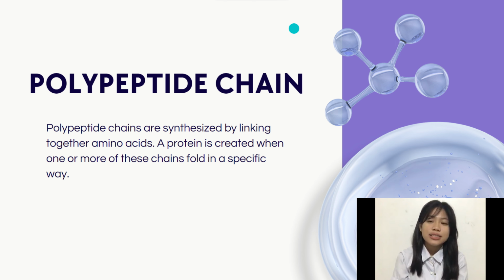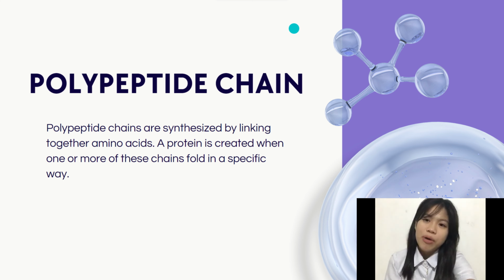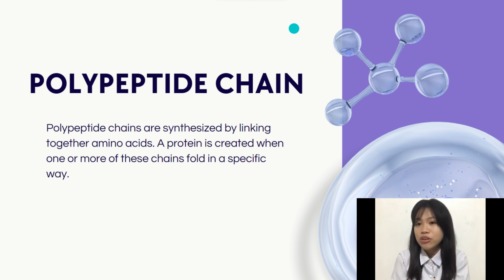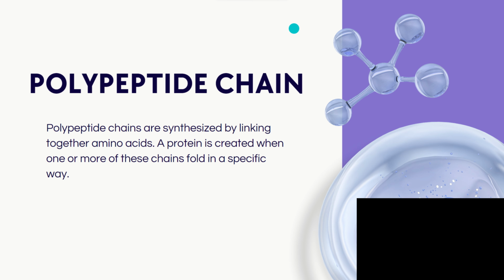Polypeptide chains are synthesized by linking together amino acids. A protein is created when one or more of these chains fold in a specific way. Methane is substituted by amino acids with hydrogen, amino groups, carboxyl groups, and the variable R group filling in the first three valencies of the alpha carbon. There are many sorts of amino acids depending on the R group, and the polypeptide chains contain 20 of them. The final structure and the purpose of the proteins are